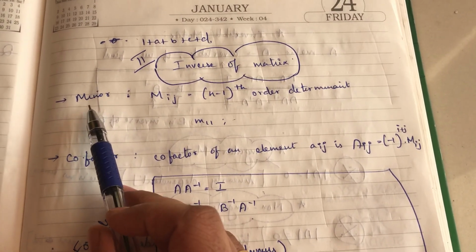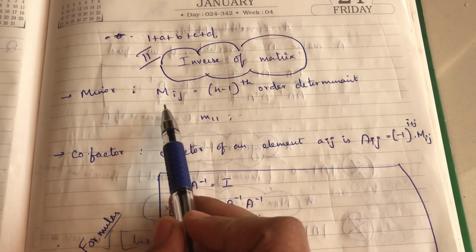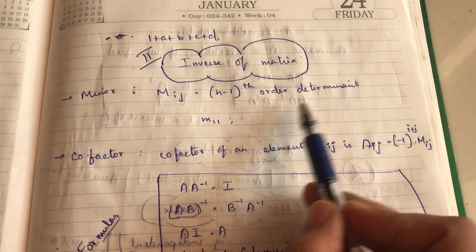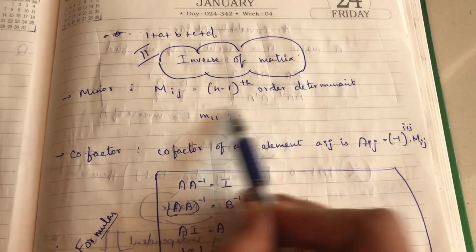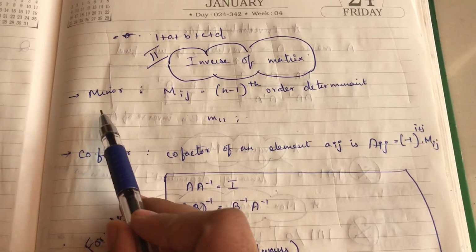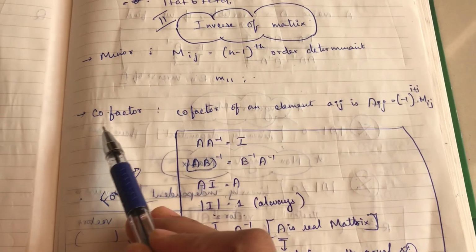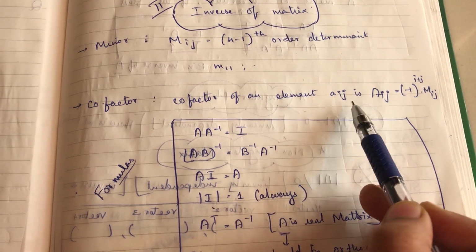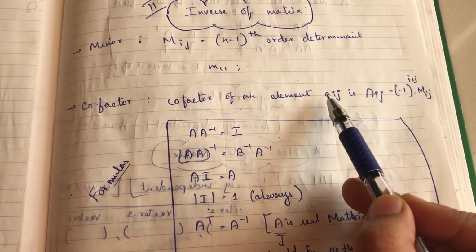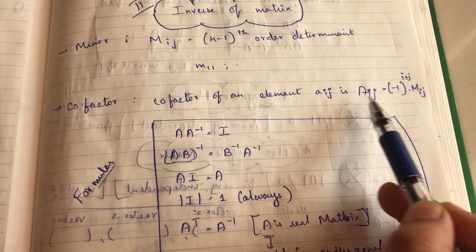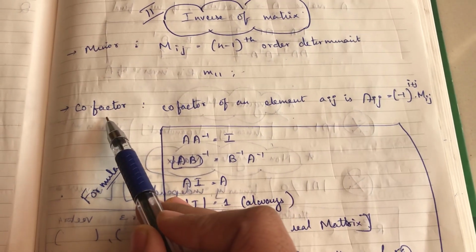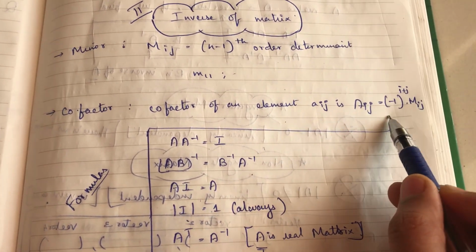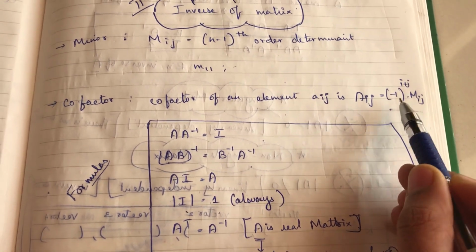Okay, a minor we will denote as Mij. This is an n minus 1th order determinant. This is the statement for minor. We will see how to find the minor. And the cofactor of any element Aij, just make this capital Aij, we have to denote it for cofactor. So make this Aij, which is equal to, this is the formula, minus 1 the whole power i